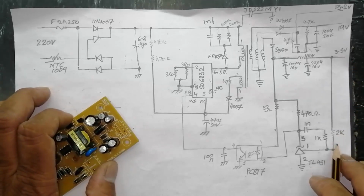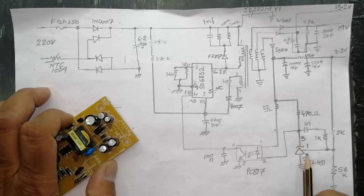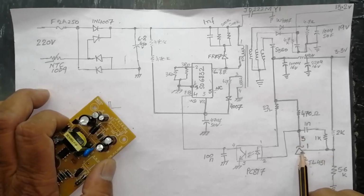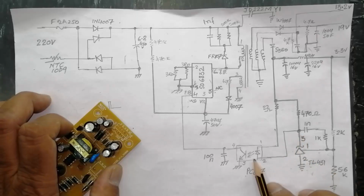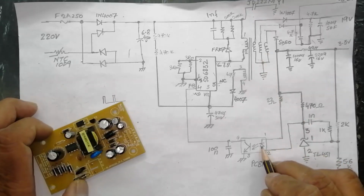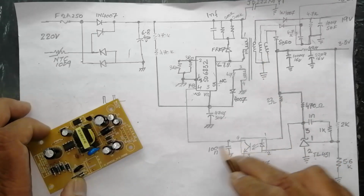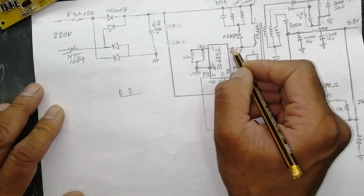at these 2 series resistors, a voltage divider network, and this TL431. When it takes voltage, it will give a pulse to this optocoupler, and the optocoupler will operate. This optocoupler will activate and it will give feedback. How will the feedback work? When this IC starts switching,